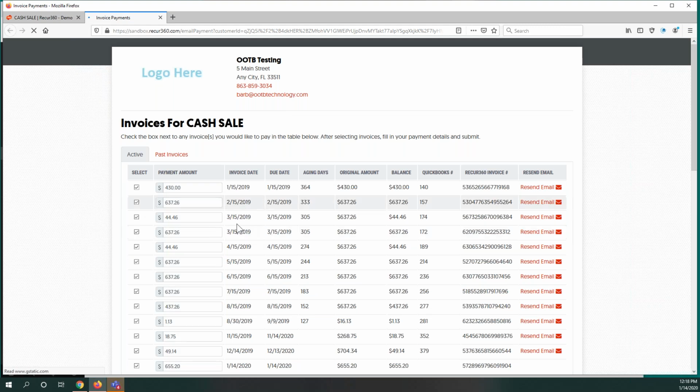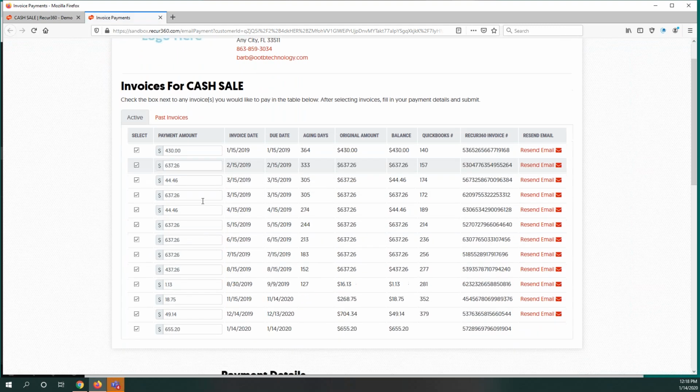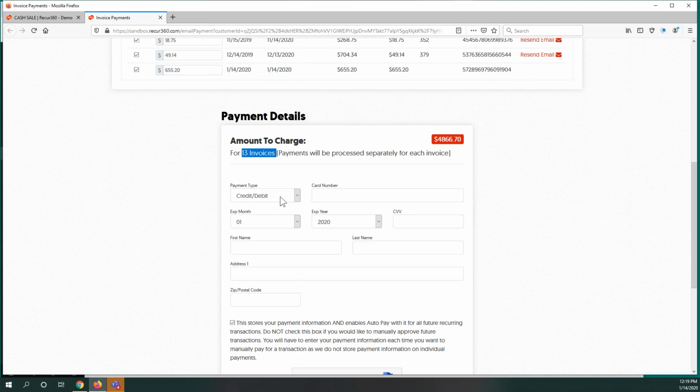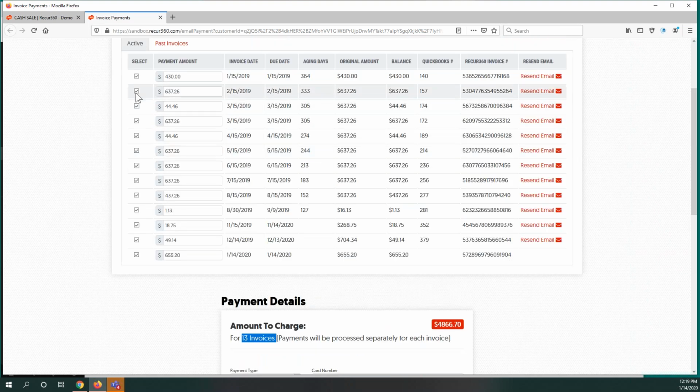Okay. And what he sees here now is all of his open invoices. He has a total of 13 invoices. They're all pre-checked, or pre-selected, to be paid. So $4,800 is going to be paid right now if they enter their credit card information. They have the ability then to uncheck the ones that they do not want to pay and reduce the amount